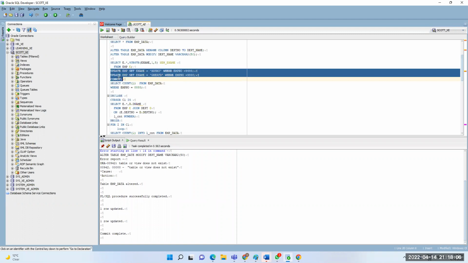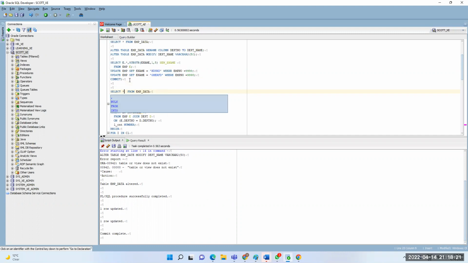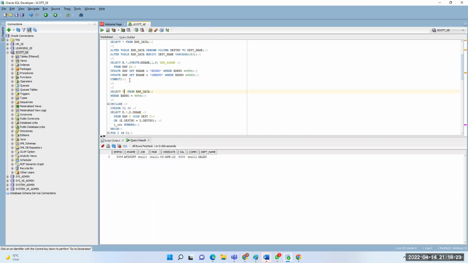I updated the employee name. If we go to the employee data table, 9998, we go with star, right? It will not have data. Ideally the record is there, but the name is different.